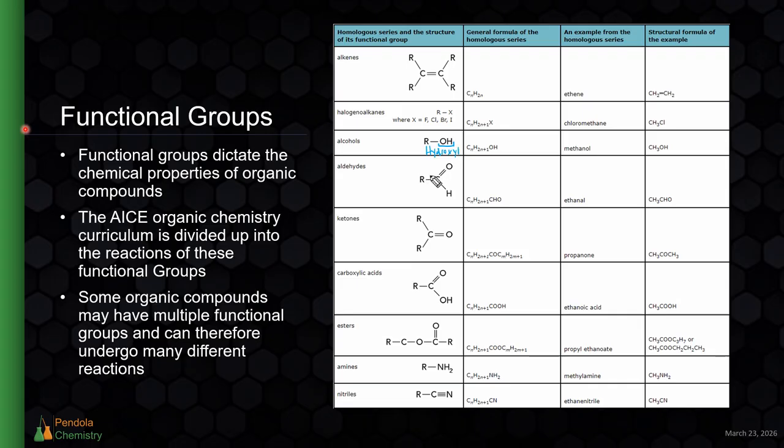Not to be confused with hydroxide, which is the ion. A hydroxyl group is the OH group attached to a carbon chain. That makes up an alcohol. So we already saw